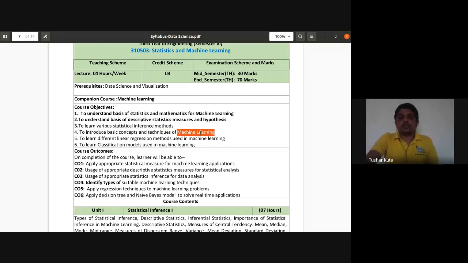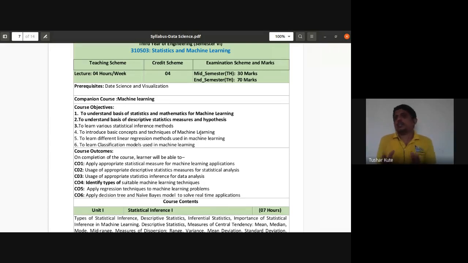Basic concepts of machine learning. Last semester also we have seen many machine learning techniques. I think they are not there now. They have changed the syllabus again, and machine learning is now shifted to subject number 2 and subject number 3. So here we'll see some concepts of machine learning, classification and regression categories also, and classification models in machine learning, and how they are actually built. Most of the things I will show practically.